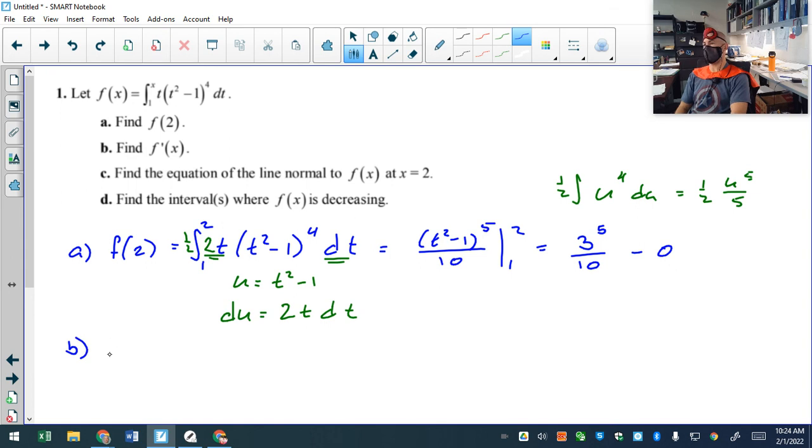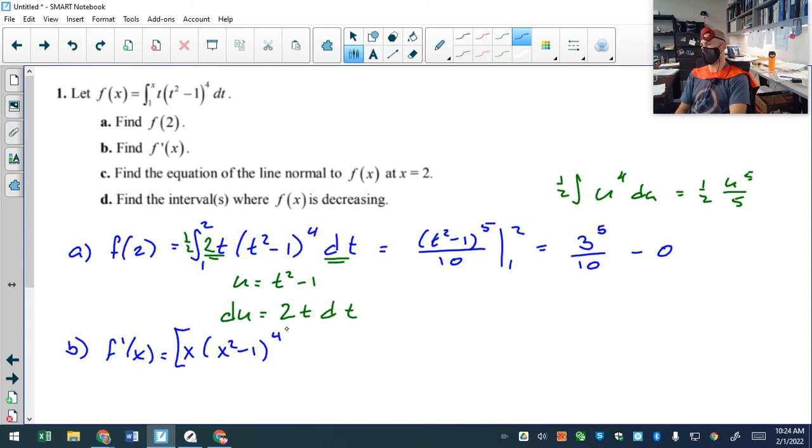Find f prime of x. So f prime of x, now we're thinking our derivative rules. How do we do the derivative of something like this? These are nice. You just plug the x in. Make sure you're going from constant to variable. You plug in x for the t, so it'd be x squared minus 1 to the 4th